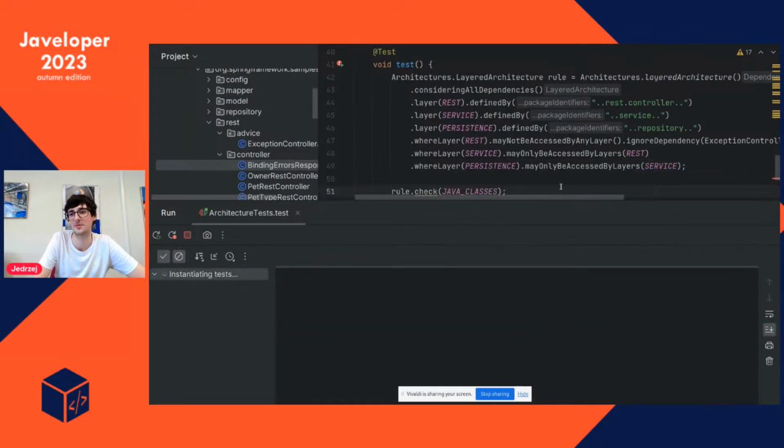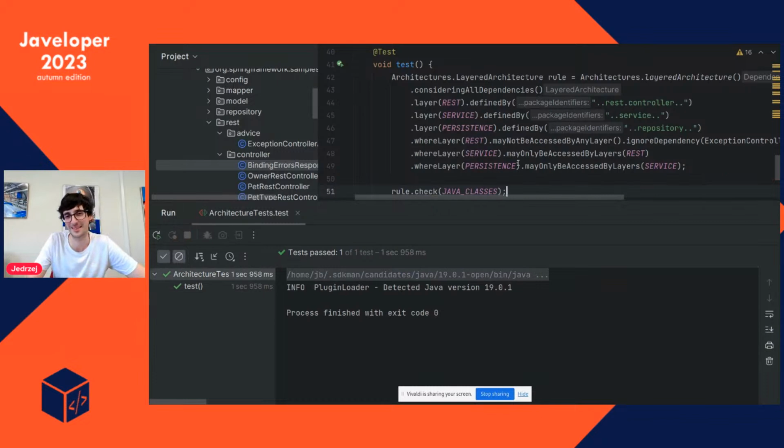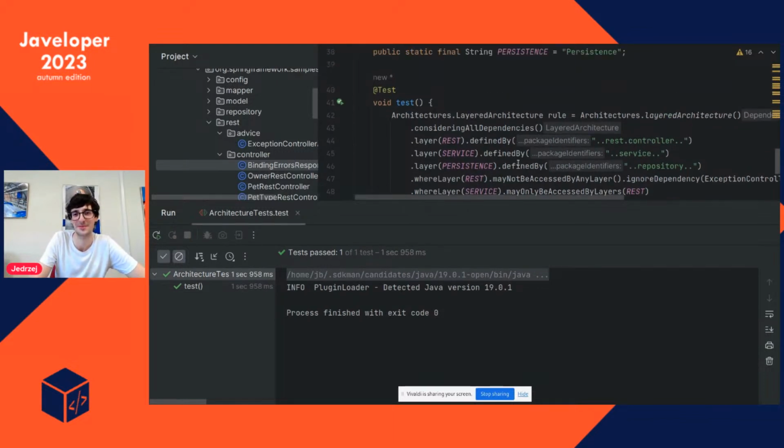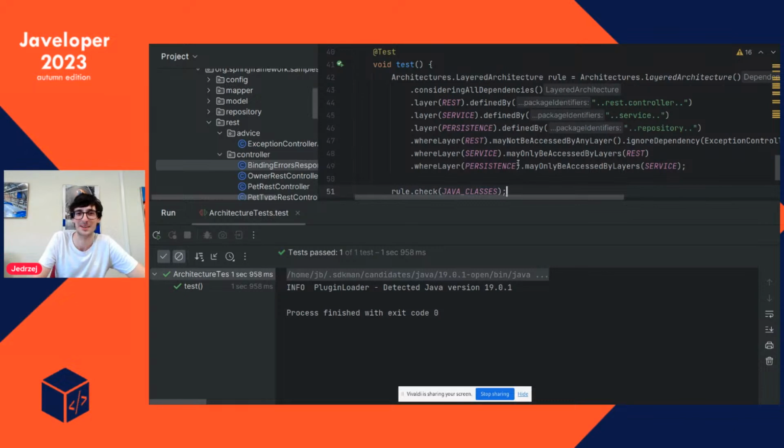Let's just wait for the test to see if it passes. Hopefully it does. And indeed, okay, there's always a bit of stress regarding live coding. But okay, this is everything that I wanted to show you. Maybe there's one more thing that might be useful for you, because not everyone works in a greenfield project